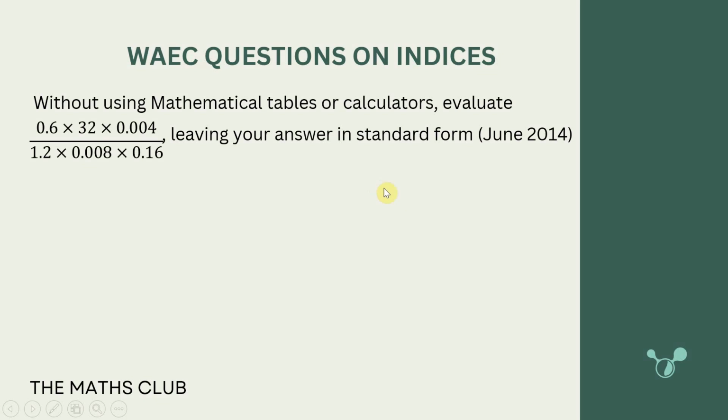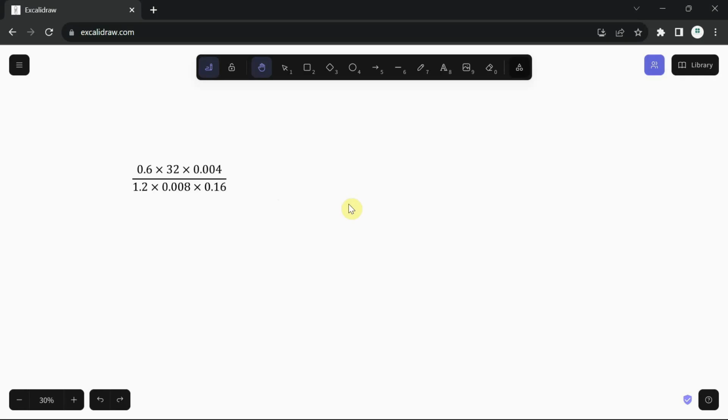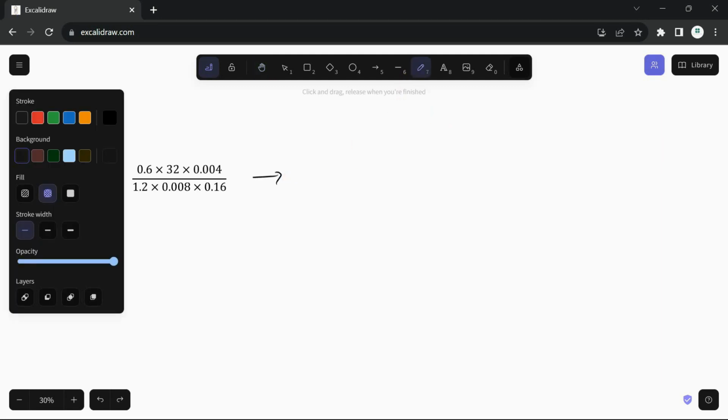So this question says that without using mathematical tables or calculators, evaluate 0.6 times 32 times 0.004 over 1.2 times 0.008 times 0.16 and leave your answer in standard form. To solve this particular question, I'll first express all of them in terms of standard form. So that will be 6 times 10 raised to the power of minus 1 times 32 times